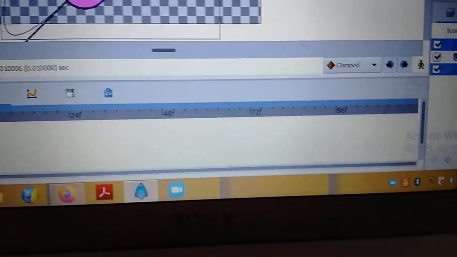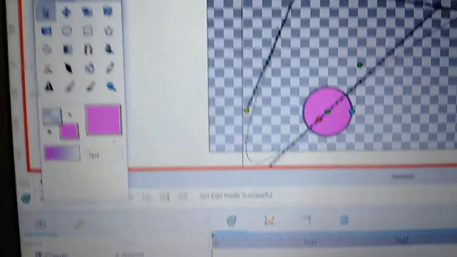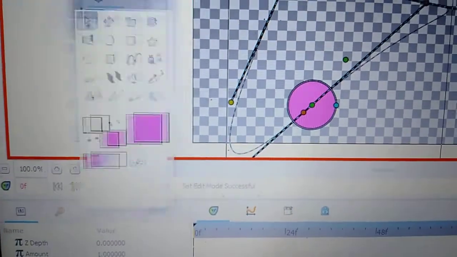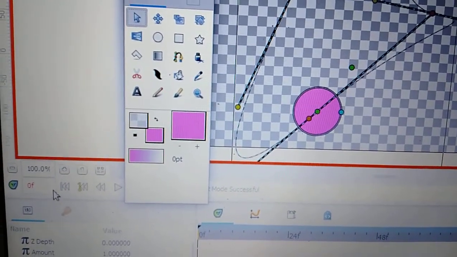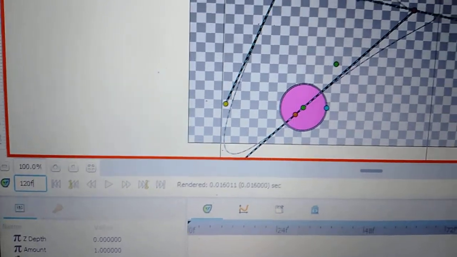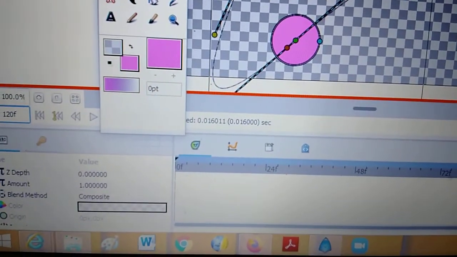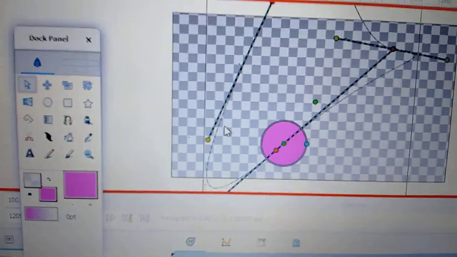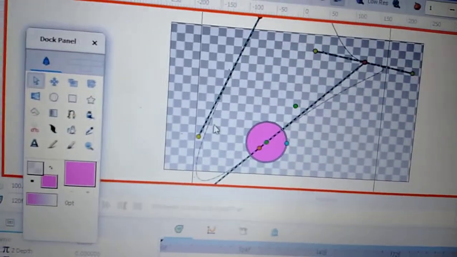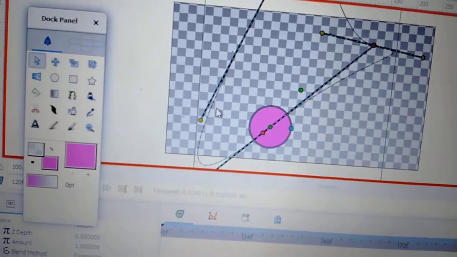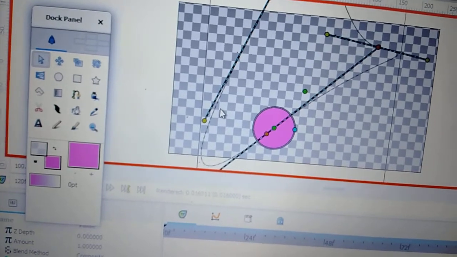Now next step is you have to turn on your animation editing mode. Clear? Now next step, I want my animation for 5 seconds. How many seconds? 5 seconds. So simply write 5 on your current timeline bar. Clear? Now we have to place our circle on 5 seconds. We have to fix our circle position.